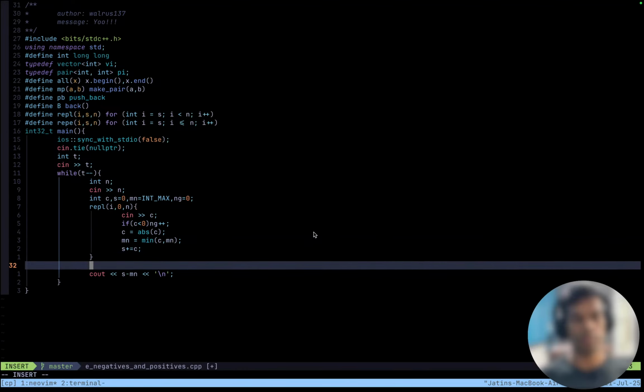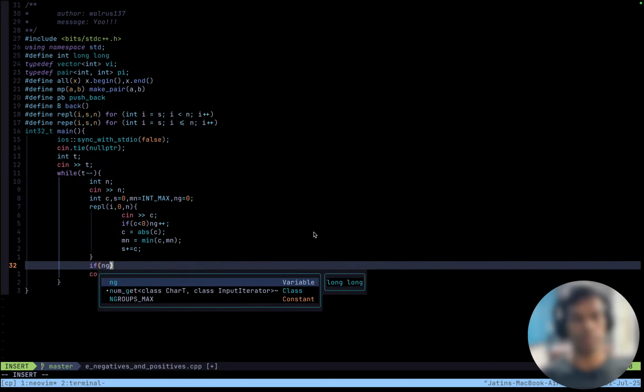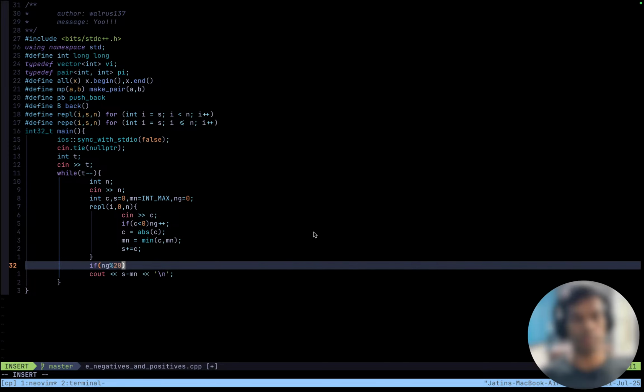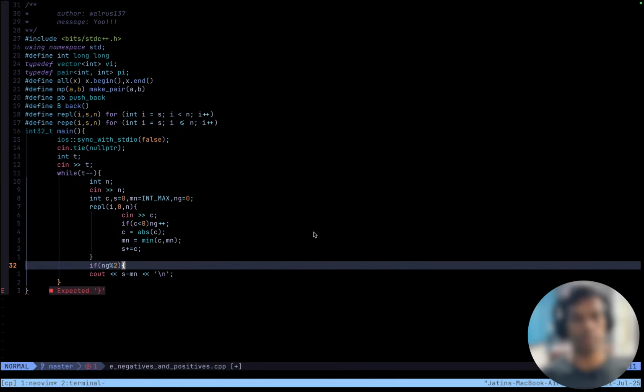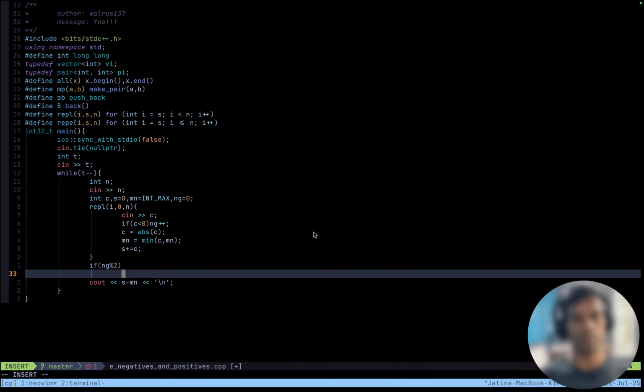After that, at the end, if ng remainder 2, which means there are an odd number of negative numbers, then I cout s minus 2 into mn, backslash n,